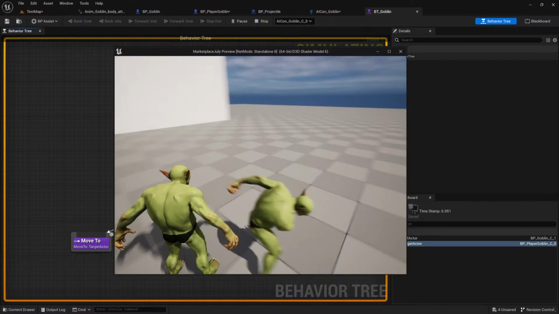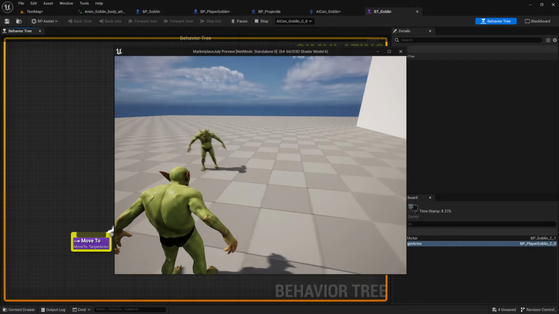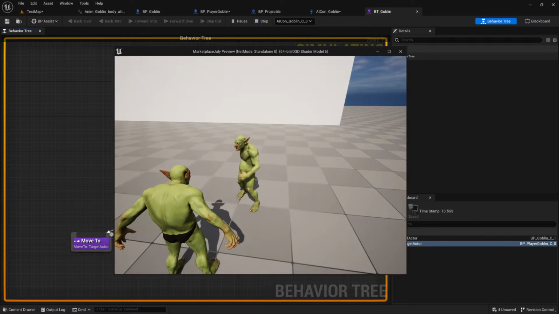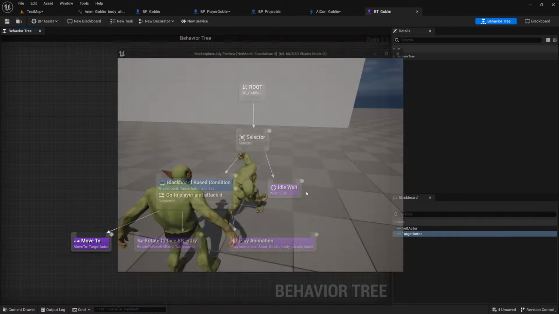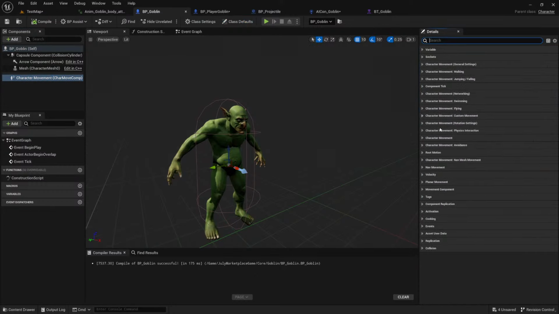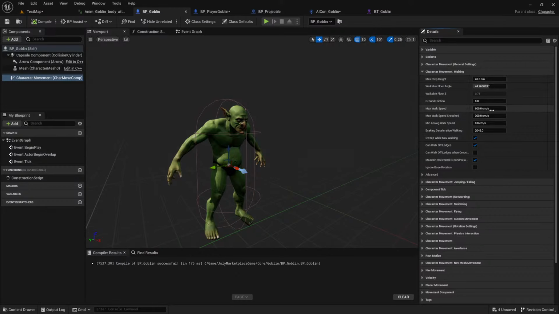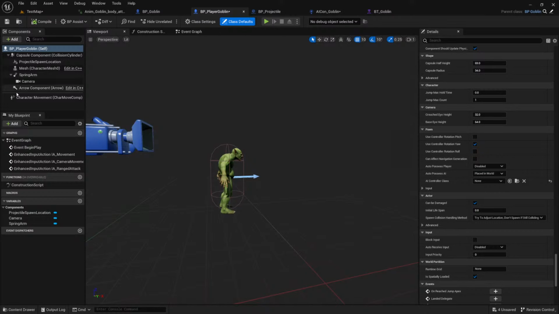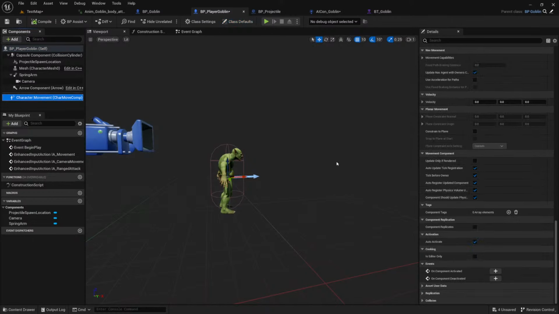Yeah, and it works correctly because I don't actually want it to follow me if I rotate too quickly. Perfect. This goblin shouldn't be that fast, so I'm going to go to the goblin, go to character movement, and here in walking, walk speed. It's 600. I'll put it at 300, but this will mean that in my player goblin I don't need to change it back to